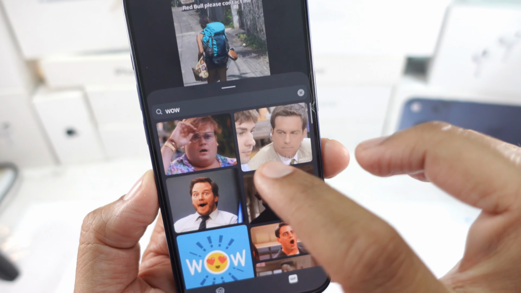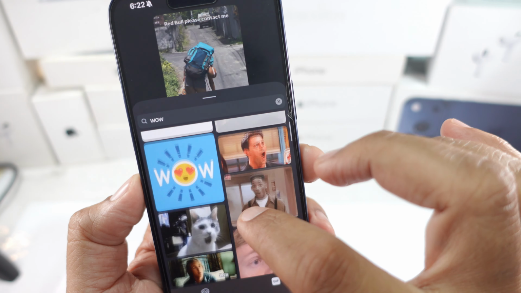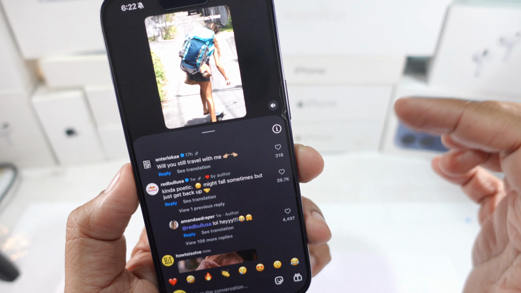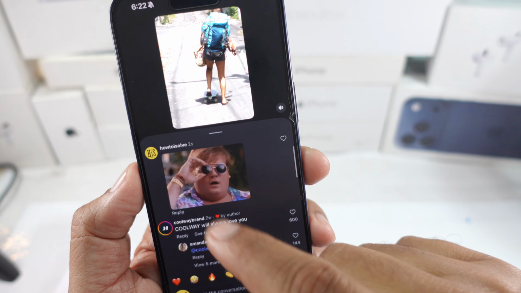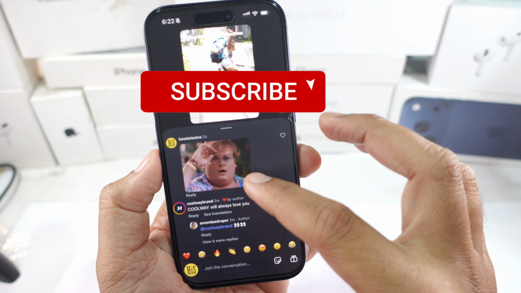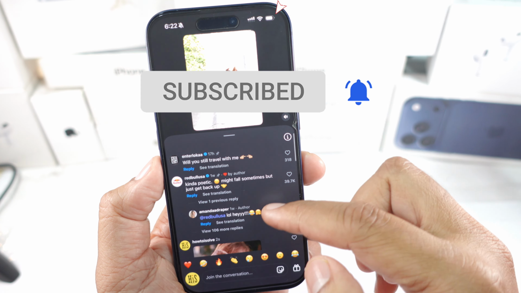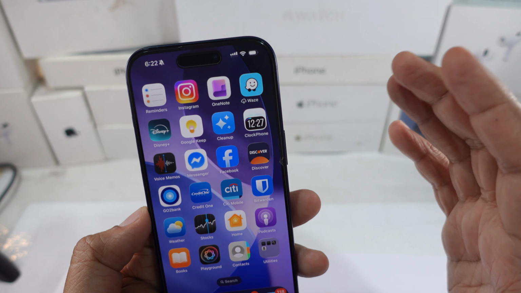If you want to post GIFs in Instagram comments, this video is for you. Instagram now allows users to reply with animated GIFs and comments, and it's super easy once you know where the option is. Let me show you step by step how to post the GIF in Instagram comments using your iPhone